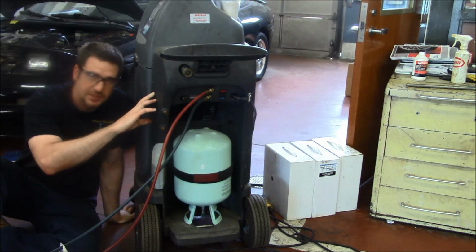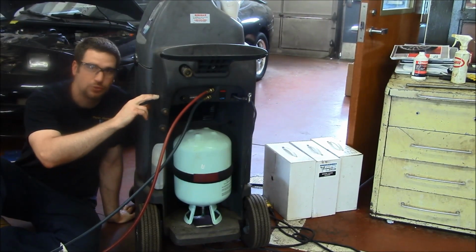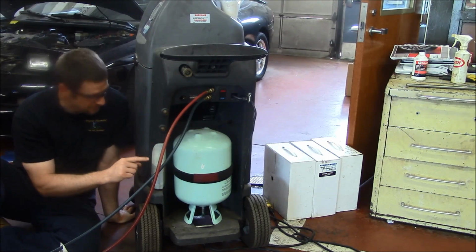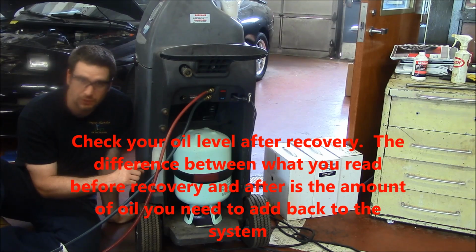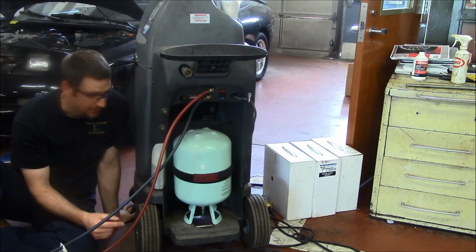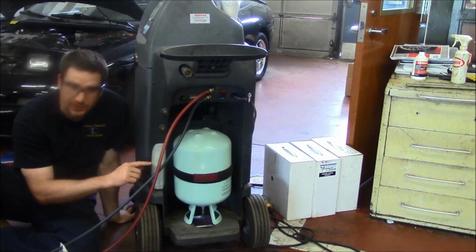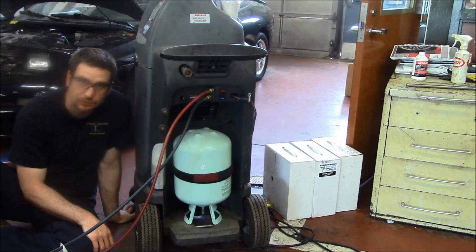After our machine has completed recovering refrigerant, it's going to drain the oil from that refrigerant charge. Here's the oil drain. It's important to take a look at where your oil is before you recover your refrigerant, and then take a look at where your oil level is after you've done recovery. In this case, we started at 7 ounces, and we're actually right on the 7.5 ounce mark. So in the process of recovering refrigerant from this vehicle,